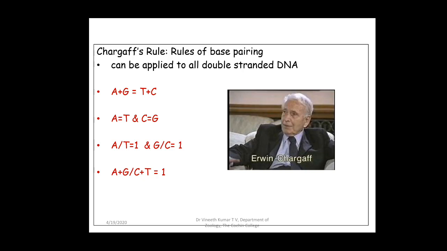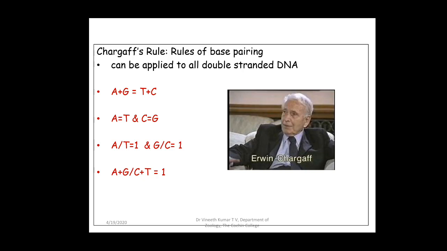The most important clue for the DNA structure came from the works of Erwin Chargaff and his colleagues, which happened in the late 1940s. They found that the 4 nucleotide bases of the DNA occur in different ratios in the DNAs of different organisms, and Chargaff's rules can be stated as 4 points, which are laid down in this slide. They found that there are 4 nucleotide bases present in the nucleic acids, or the DNA specifically, and they are related in different manners.